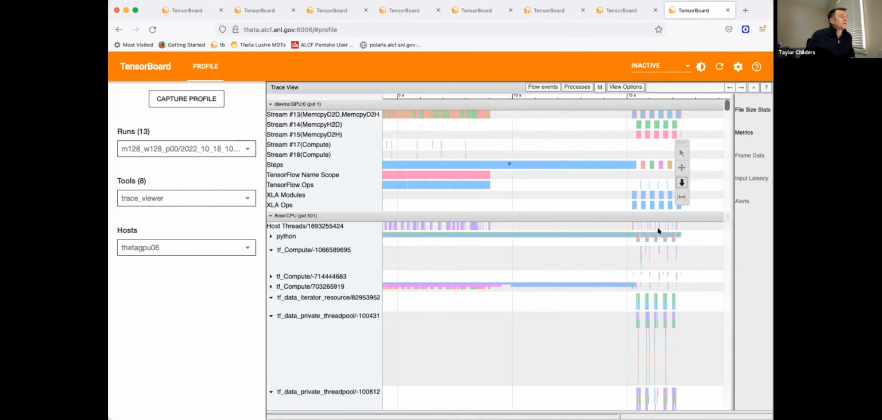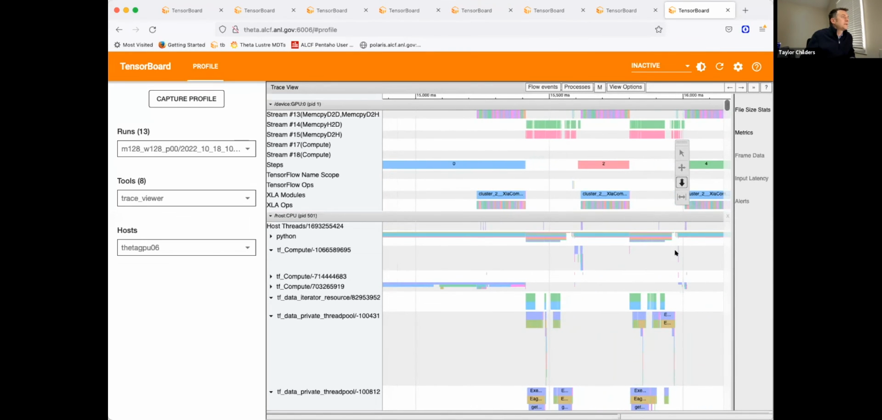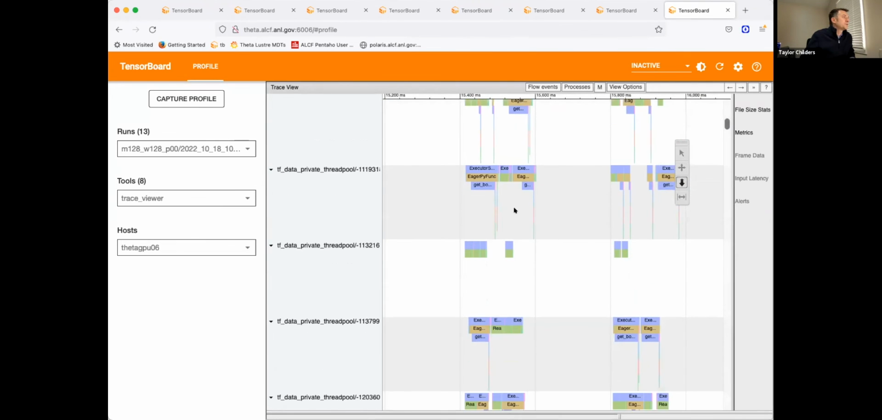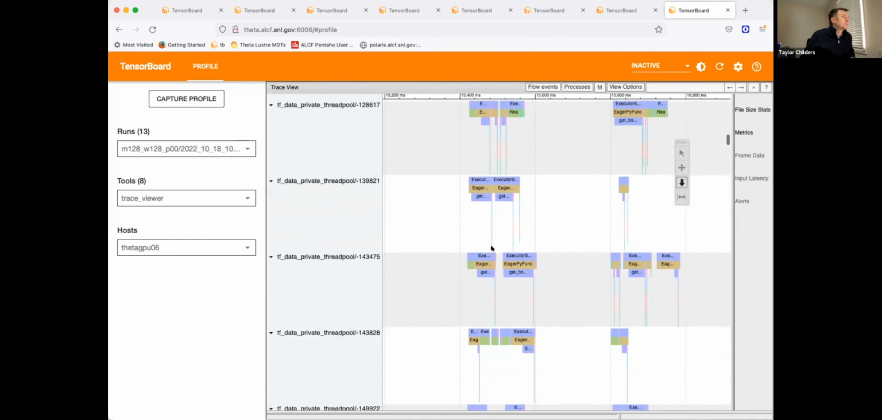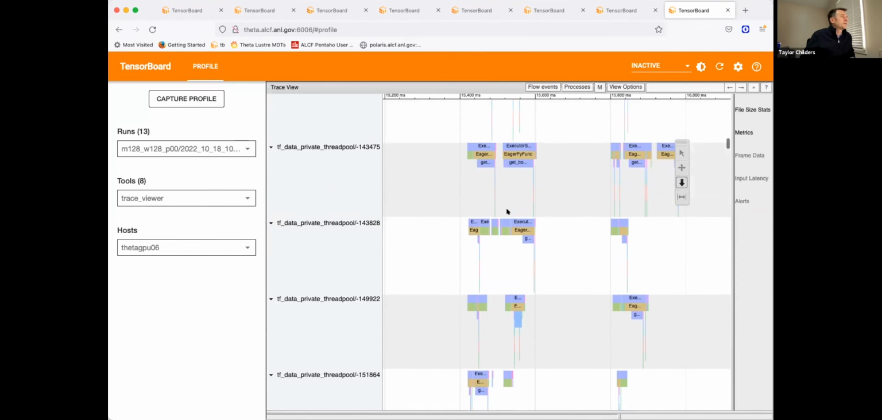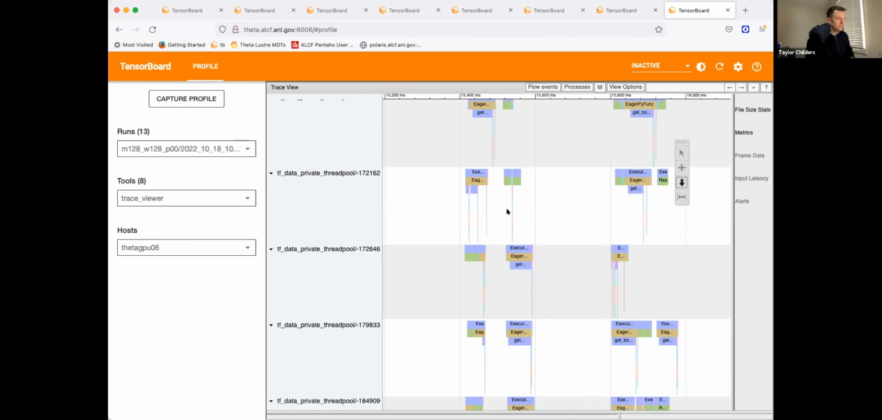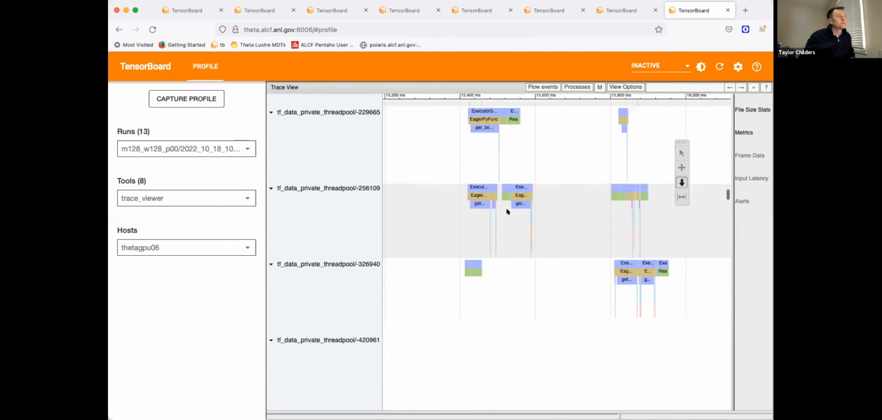So if I zoom in on my steps, now you can see the computation on the GPU side. You can see the data preparation down here below. All those greens are reading JPEGs, okay? And all the purples are essentially reading XML files. The actual loading of the data from a file system that's connected via a network is the slowest piece right